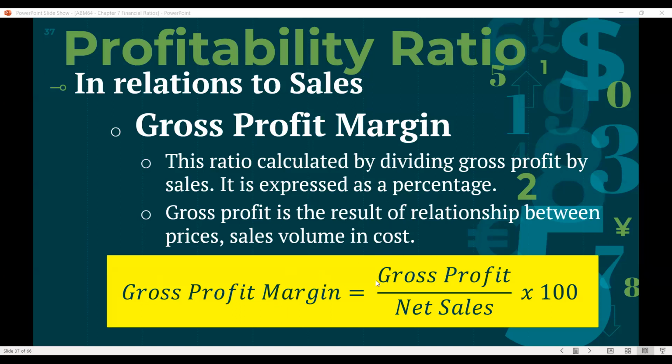So this is how you calculate the gross profit margin: gross profit over net sales, multiplied by 100. As it is expressed as a percentage, that's why we need to multiply it by 100. So again, gross profit over the net sales. That is the gross profit margin, more on the relationship between your profit and your sales. So lahi ang profit ug lahi pud ang net sales. Sales are your revenue, okay? Revenue over sa total ay sa gross nimo nga halin.